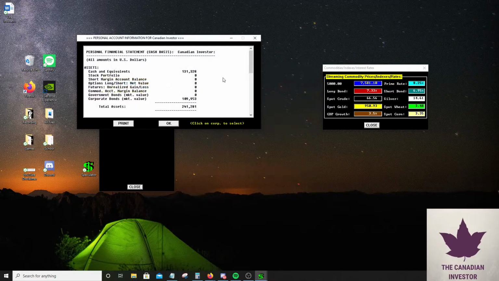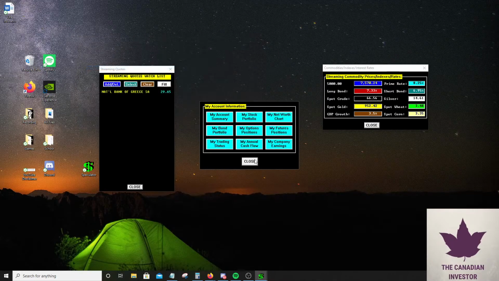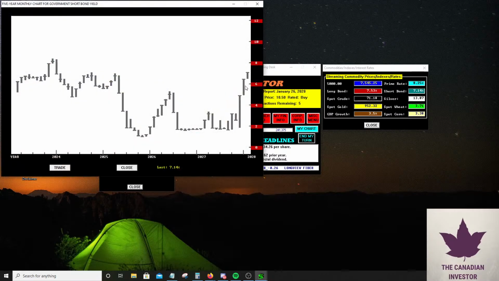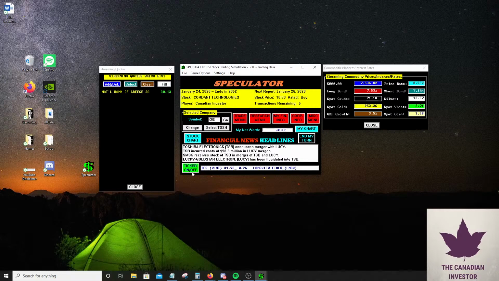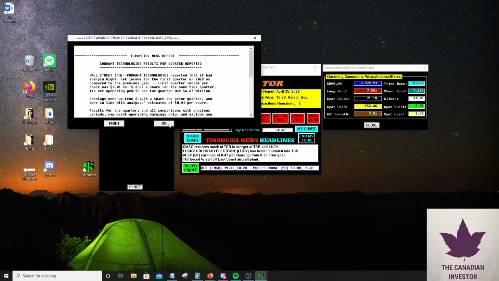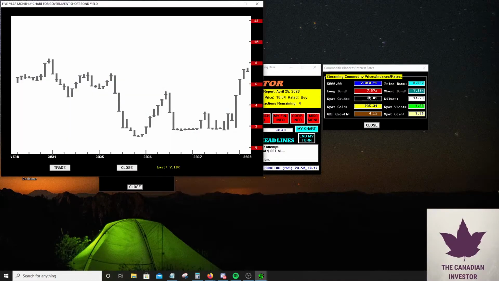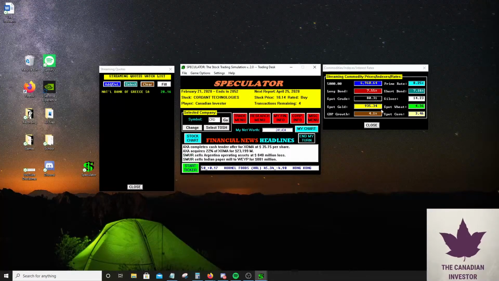Oh, we have one of our bonds paid back in full, so that's awesome. So right now we see that interest rates are starting to spike. So it's actually entertaining now to have a bond portfolio because interest rates are getting high, and I like that. They keep spiking. Watch the short rate. Oh, starting to spike down a little bit.